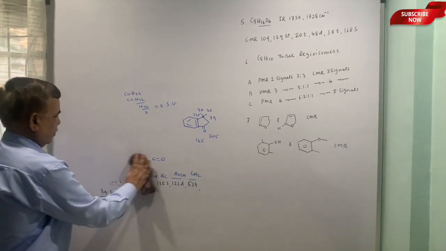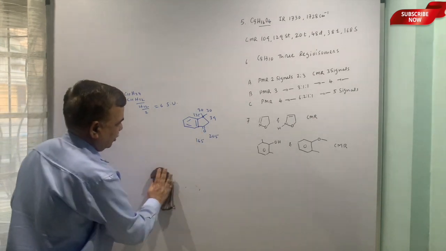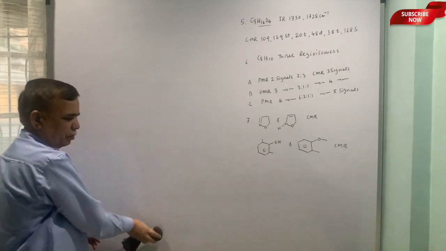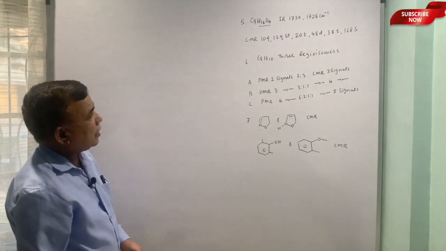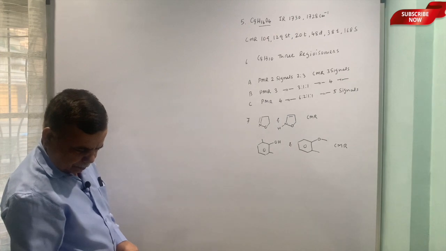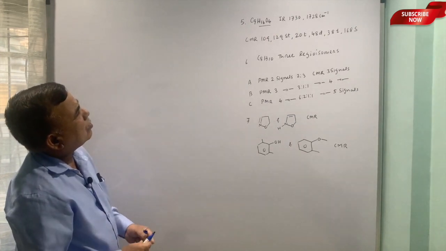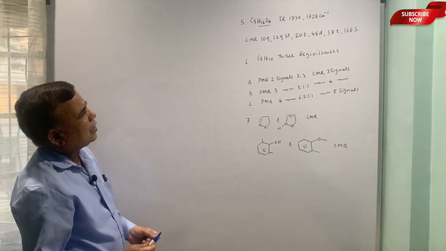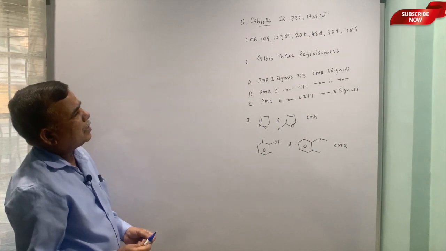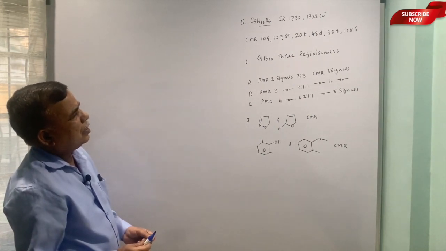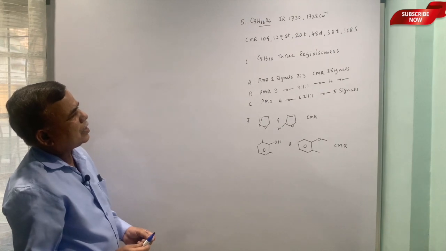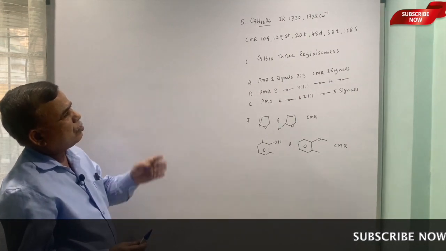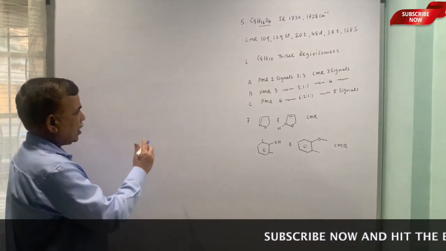So, that is how the structure comes out to be. Of course, you have to keep that gem dimethyl group and quaternary carbon in mind. So, 17, 30, 17, 28 looks like carbonyl, 10 quartet, 12 quartets are methyls, 20 triplet is CH2, 40 doublet is CH, 38 triplet is CH2 and 168 singlet is maybe COOH or ester, because so many oxygens are there. I will directly put this structure.